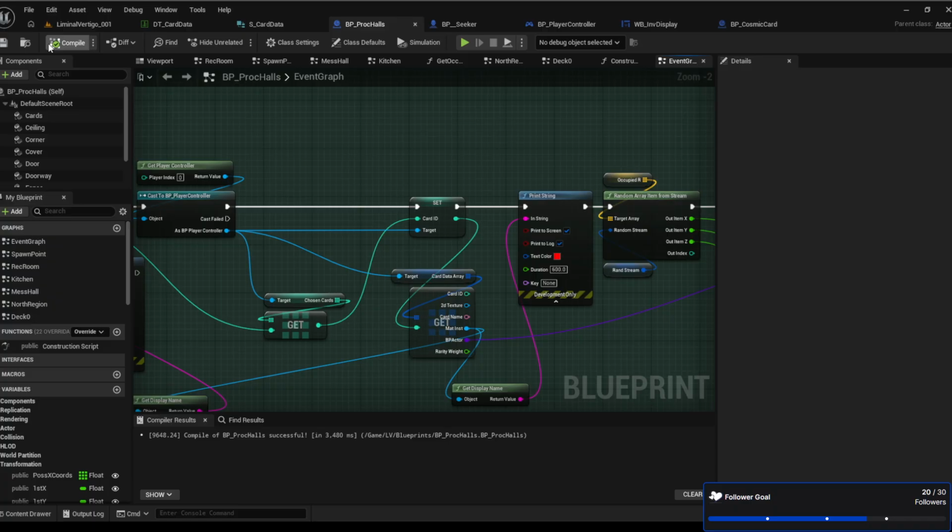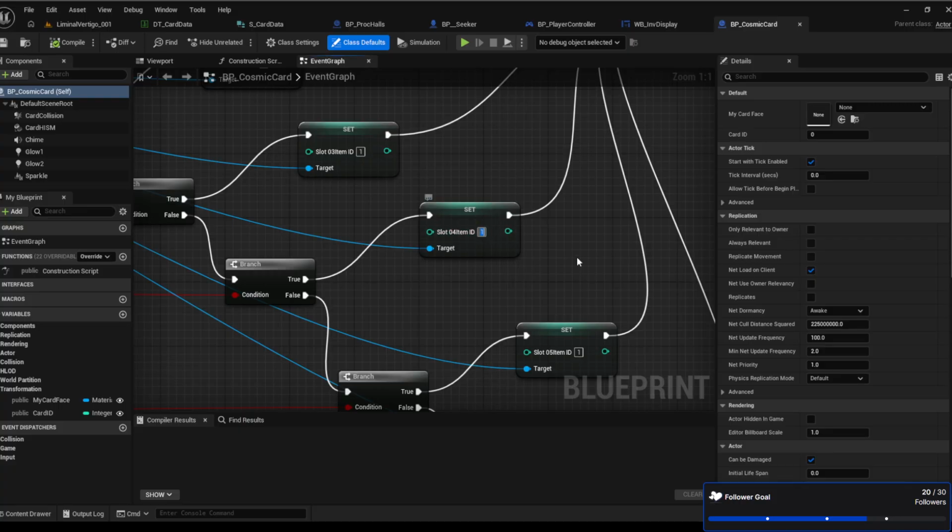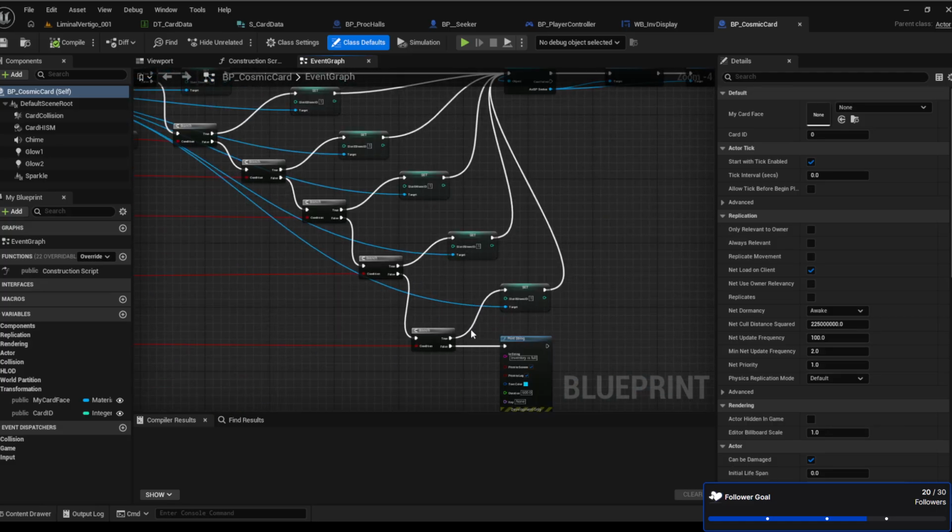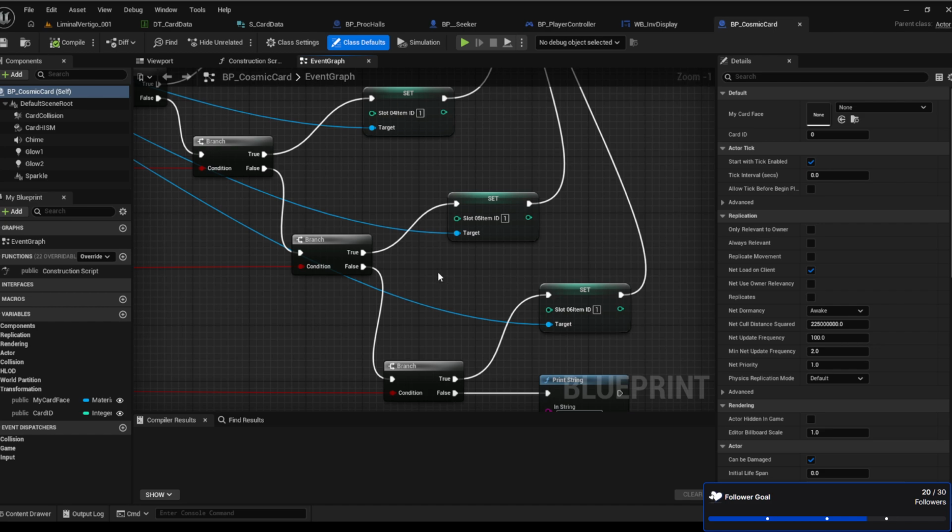Let's compile. Save. I'm thinking of what it could be. For now, I don't care about the inventory right now, but I'm thinking each card might need its own number, like this number here. Instead of 1, I think it's going to need 2 or 3 or 4. So all these cosmic cards,